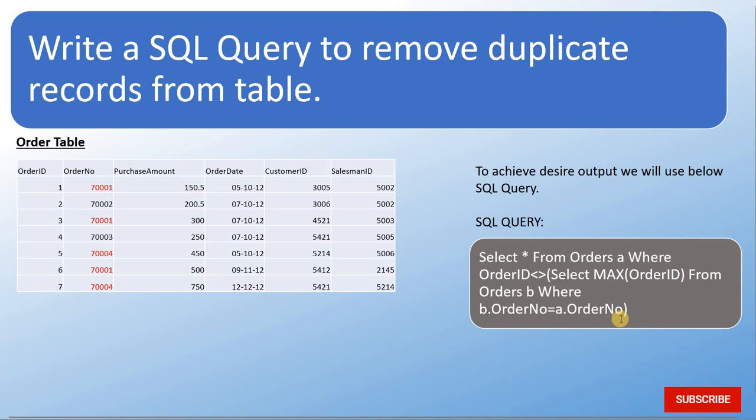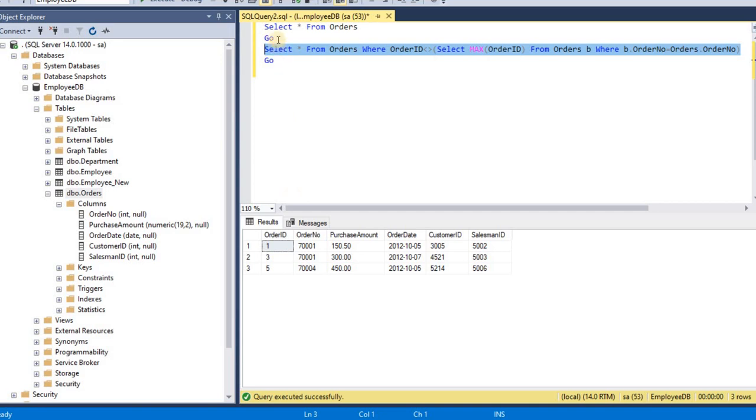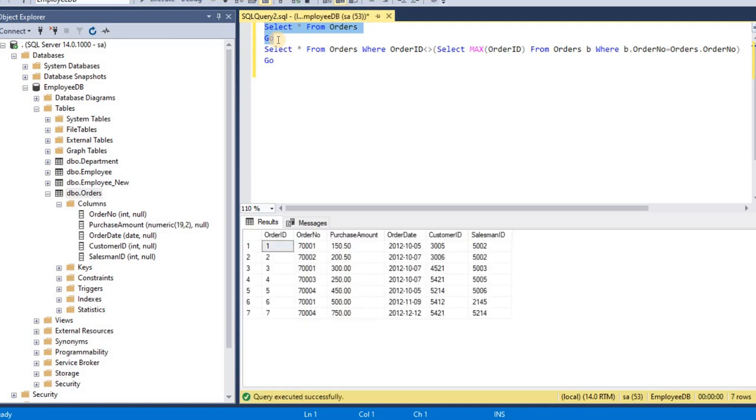Okay guys, so let's open SQL Server and execute this query. So this is SQL Server, and I am selecting all records of the table order. You can see here the total records are 7, and you can see the duplicate records already in the order number column.